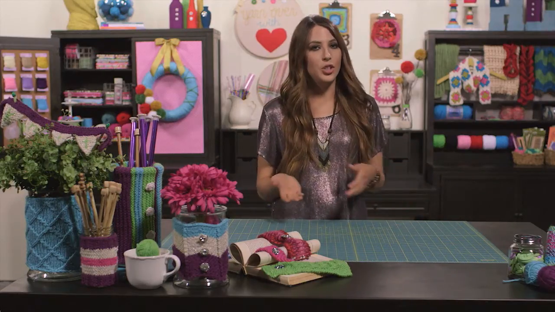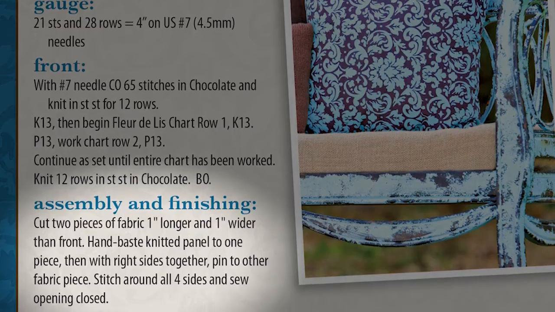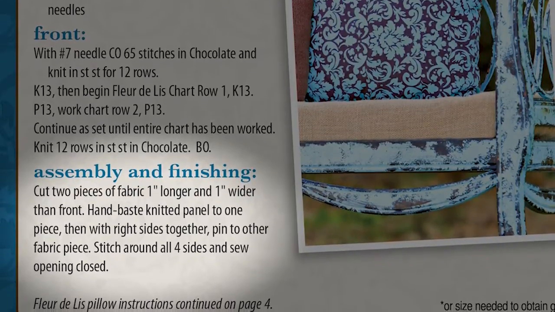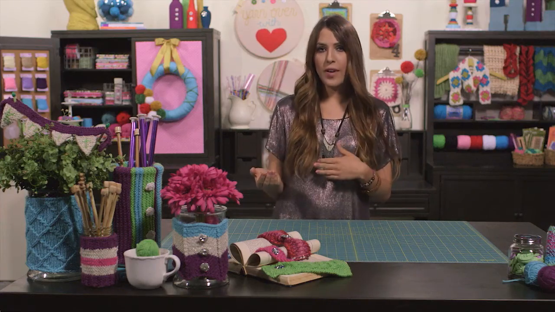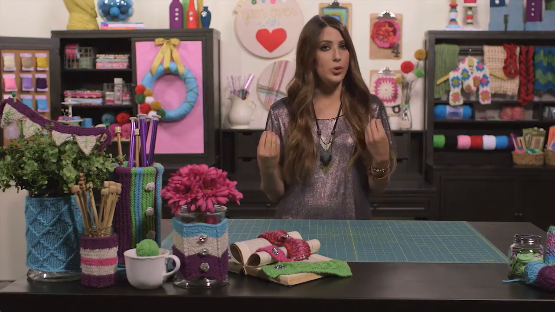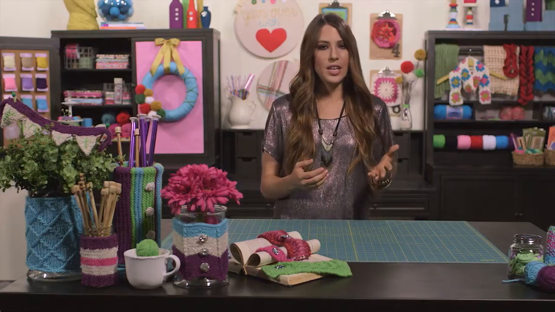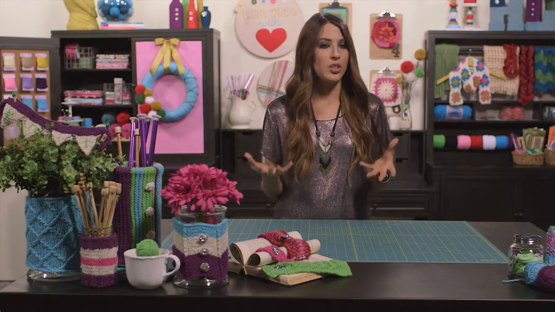Now the last section you might see on a knitted pattern is a finishing or assembly and finishing section. The finishing section contains instructions and information for you to use near the end of your project. So it might indicate where to put a decorative item such as a pin or a button, or it might indicate how to join seams together at that point. So anything that you would find in the finishing section is just helping you put that extra finished, polished look on whatever project that you're working on.